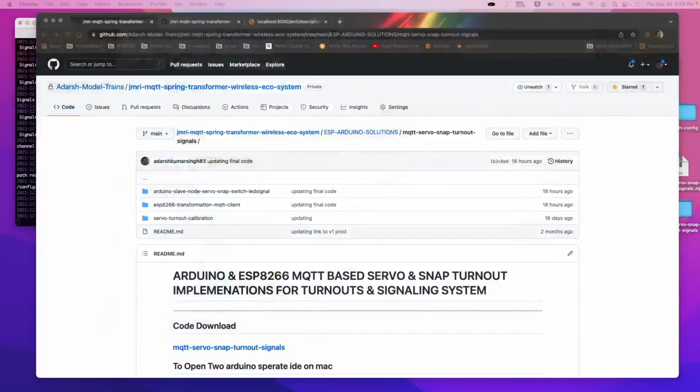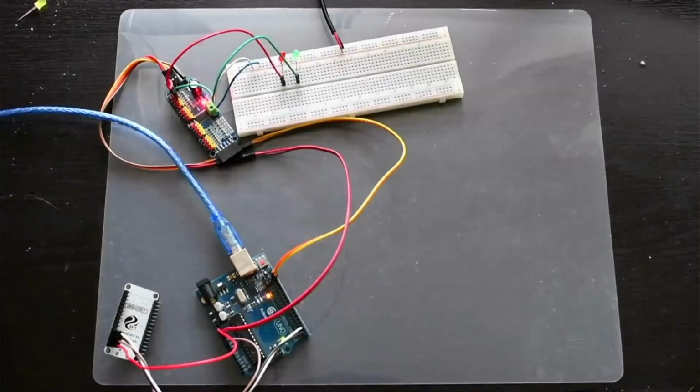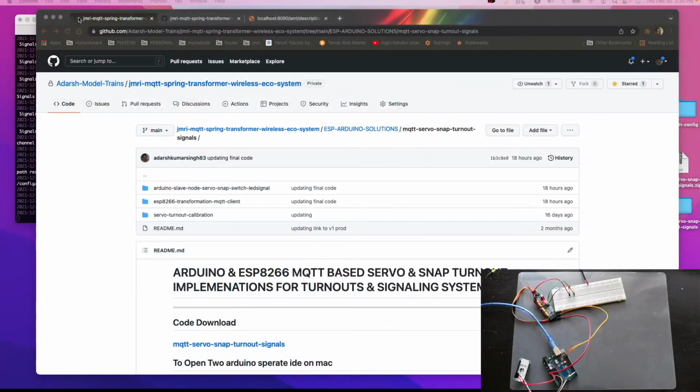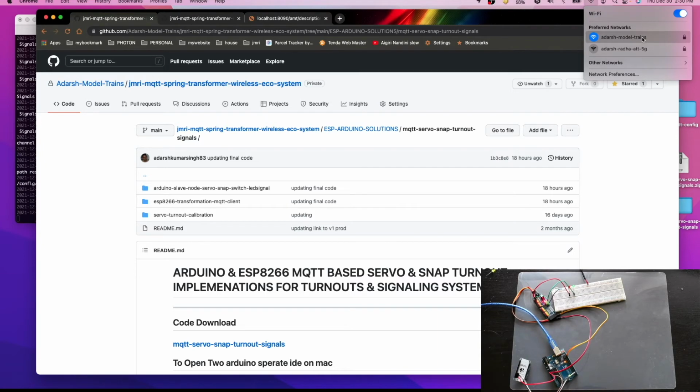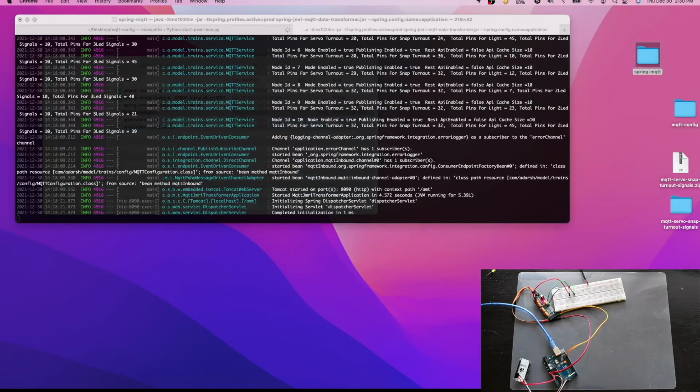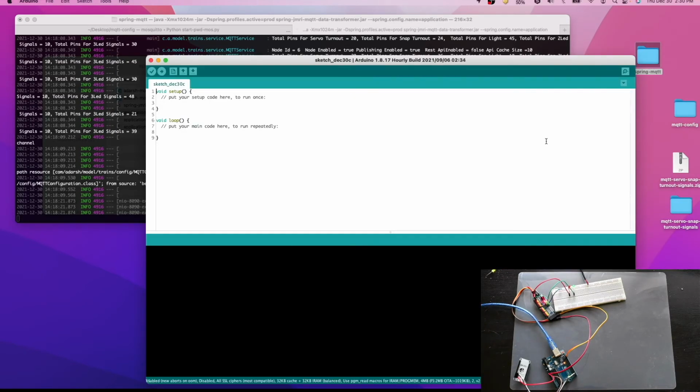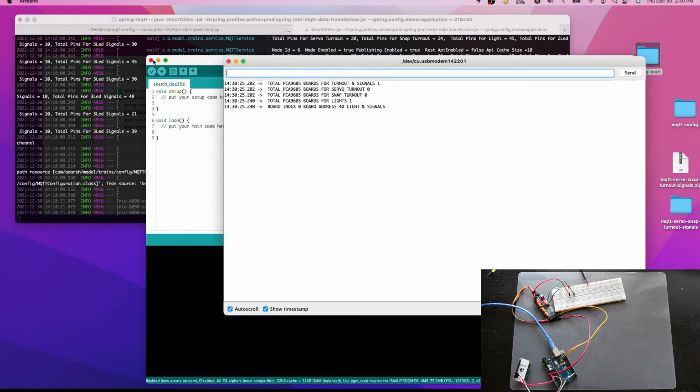Next, we want to get into the network. We are already in the network. Let's start, and then let's see.